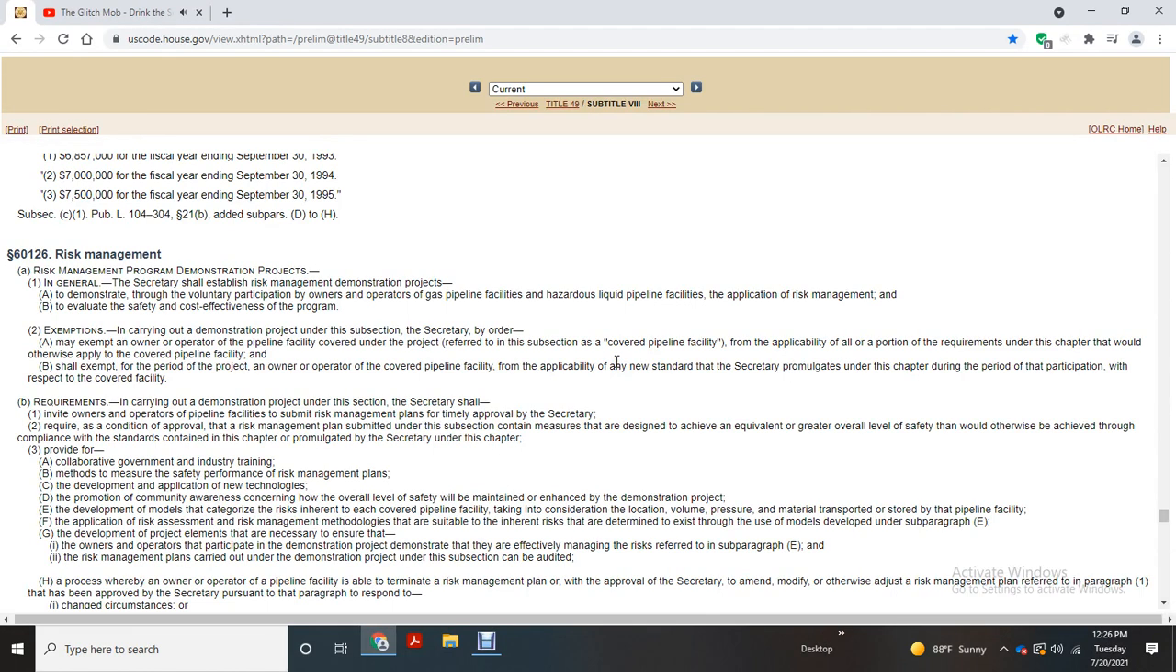60126, Risk Management. The Risk Management Program demonstration: with the Secretary, the risk demonstration project, and the volunteer participation owned by the operator of a gas pipeline or liquid pipeline, for the application of risk management, to evaluate the safety costs and effectiveness of the program. Exemption carried out with the demonstration project, then with the subsection, the Secretary may, to the extent